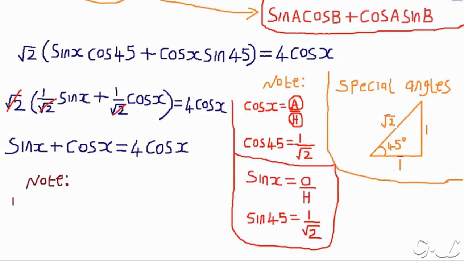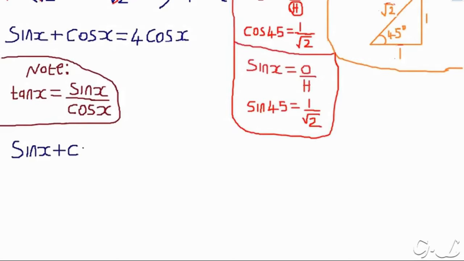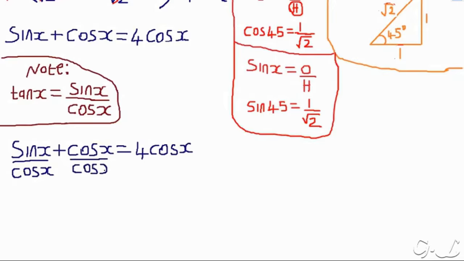And then we have to note that tan x is equal to sine x over cos x. So in that case, we can try to do some simplification. We are going to divide all sides by cos x: sine x by cos x, cos x by cos x, and 4 cos x by cos x. When you divide cos x by cos x, it will give you a 1,